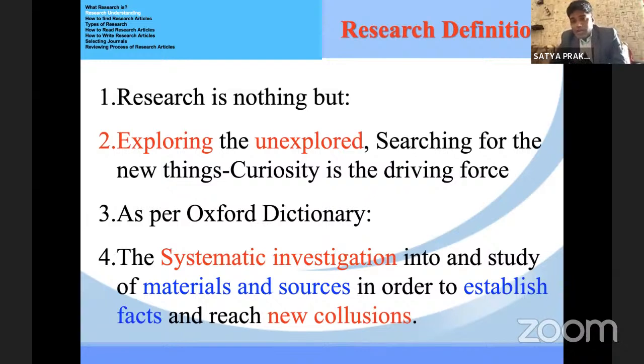Like you have knowledge about singing, but you do not recognize yourself as someone who can sing. Then someone tells you that you are a good singer, you try it for them, and you prove that you are a singer. That is the research. This is the thing about research. So this is what research is.